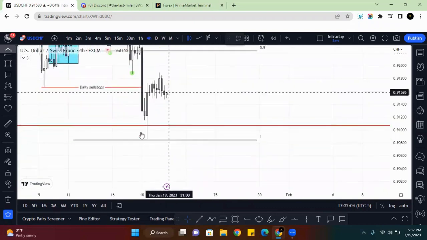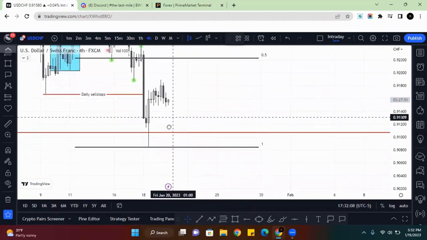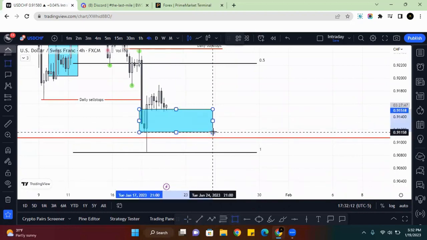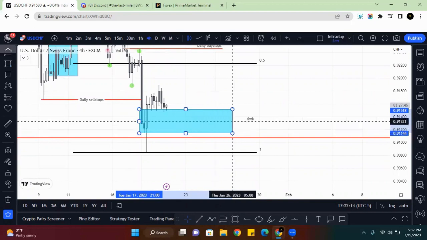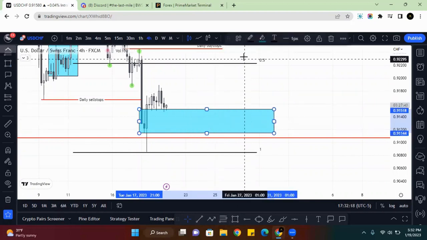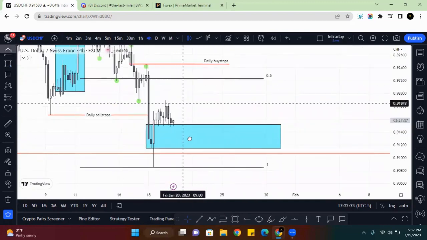What's currently happening after the sell side liquidity take? A bullish order block that did close is currently being respected on the 4 hour as a result of that daily sell side liquidity take. Not a coincidence. For every sell side take, there has to be a buy side take. In order to have that happen, the algo has to buy up and take out a high.